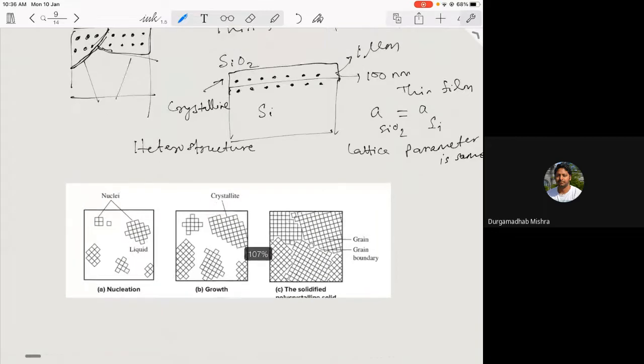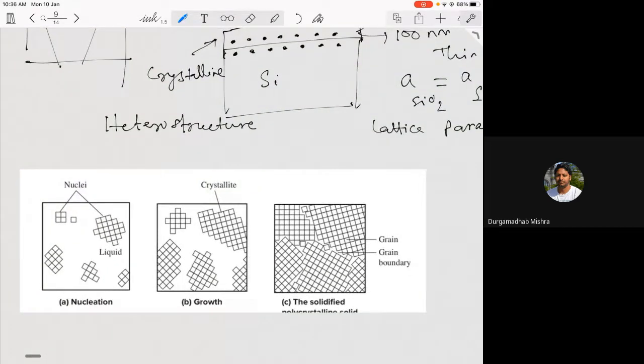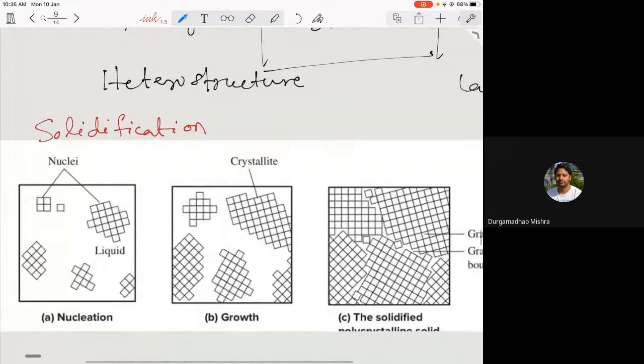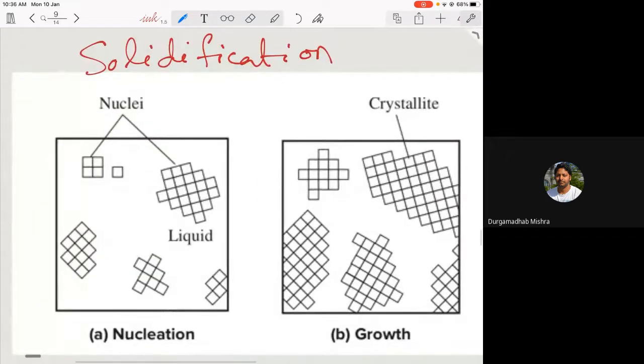So, coming back to this crystalline and polycrystalline material, why do you have this polycrystalline material forming? It is because of the solidification process. When we talk about solidification, just look at figure A here. What you have is mostly a molten metal or a liquid, and now you are cooling it down slowly. So what happens? Some of the atoms will